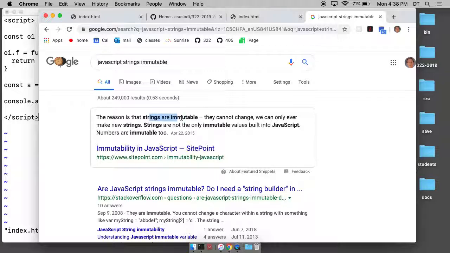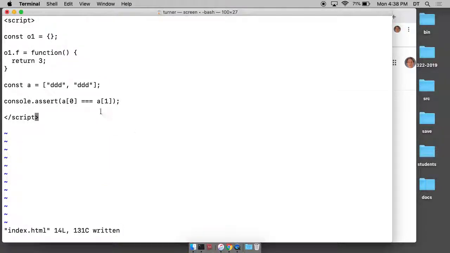Strings are immutable. They cannot change. They're the only immutable values built into JavaScript. They're not the only ones, sorry. Numbers are also immutable. So it created DDD, and then when we want to use it again, it's like, well, I'm not going to recreate. You see,